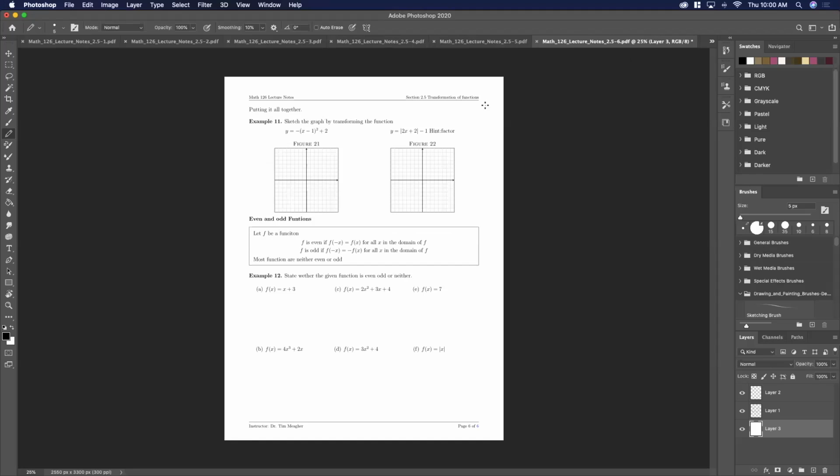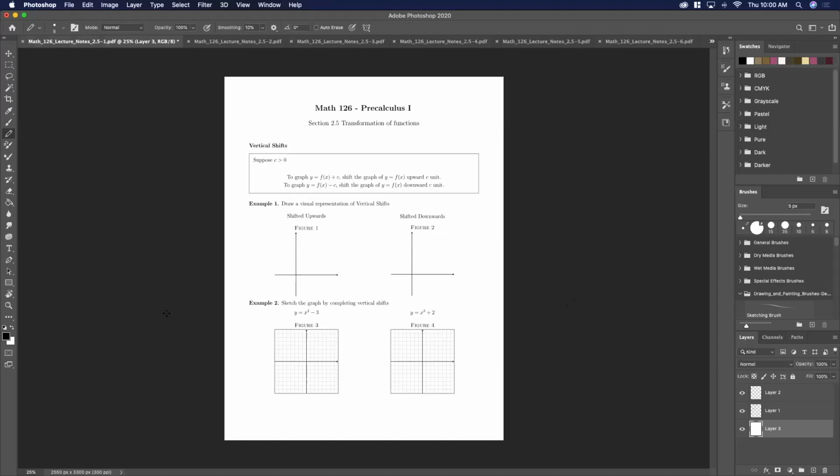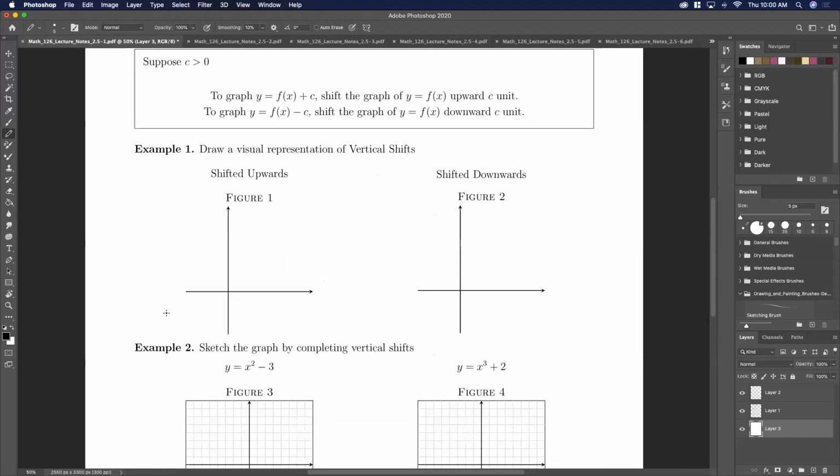You'll notice your homework's just to put it all together. And then we'll do even and odd real quick. It's just a real quick thing. So let's get started. All right, so let's start with